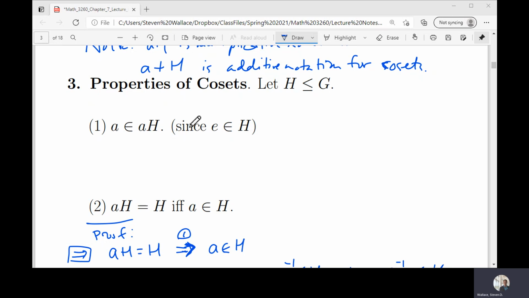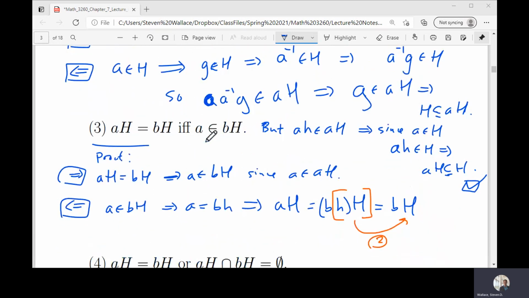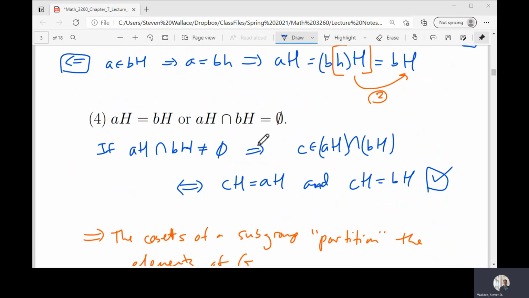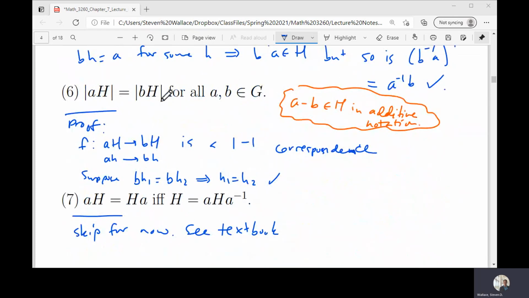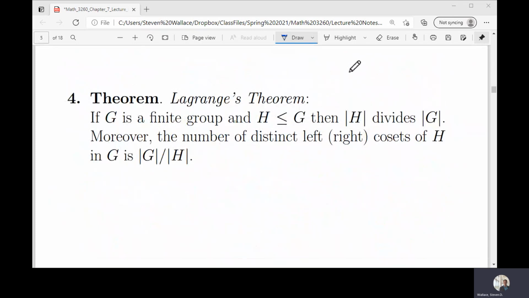Since H is a subgroup, it contains the identity, so A times E is equal to A. That must be in AH. And there's this bit here that says two cosets are equal or they are disjoint. And also, they all have the same number of elements. Okay? Using these facts, we can show Lagrange's theorem, which is: if G is a finite group and H is